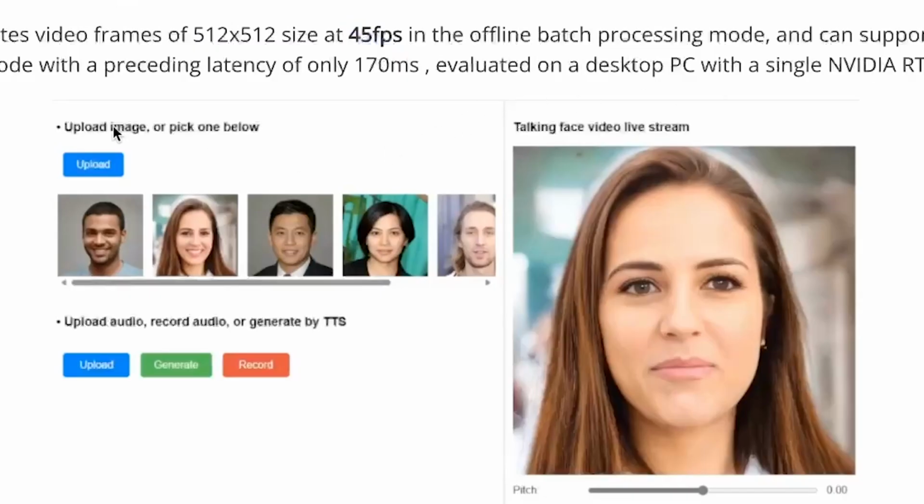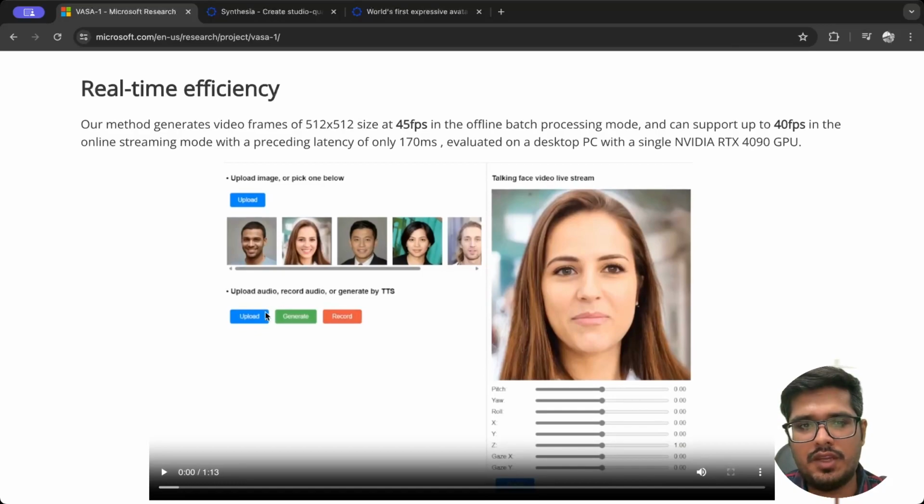You can see the person is uploading the video and the face avatar and the audio, and then the result is generated like this. Now, this is their own internal tool. This is not publicly available. So let's quickly take a look at how the tool looks. And post this, we'll look at what Synthesia has for us.